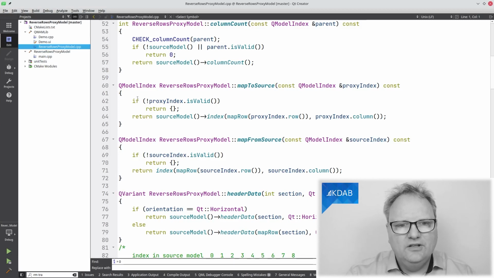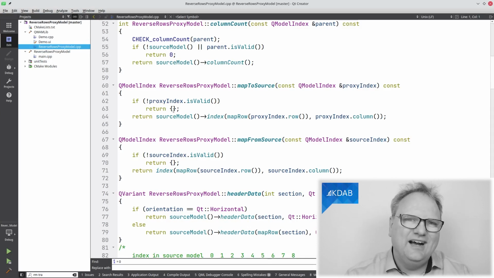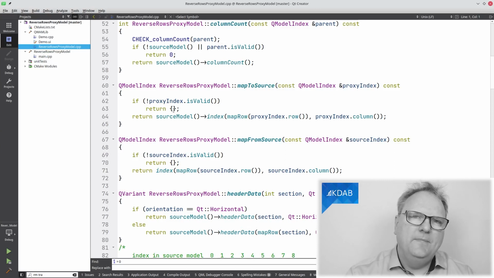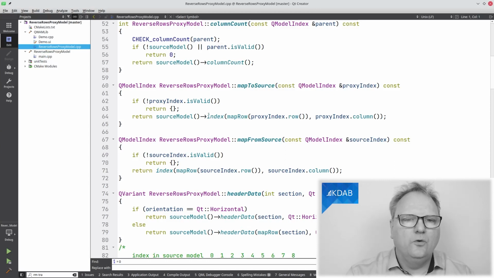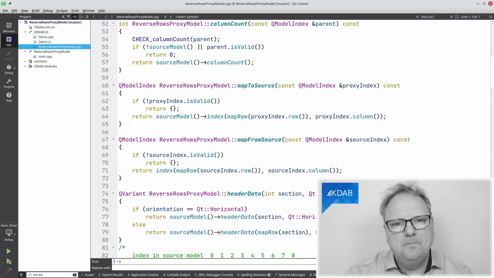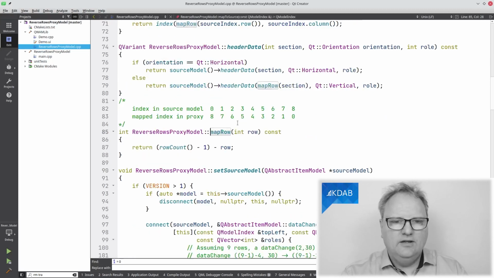In the implementation, there is some test for validity again here, but if I actually ask for the source index for a valid index, then I'll call the source model and ask it for an index for the column that I specified, and then mapRow for the proxy index here. And the mapRow method we can see right away down here. What it does is relatively simple.